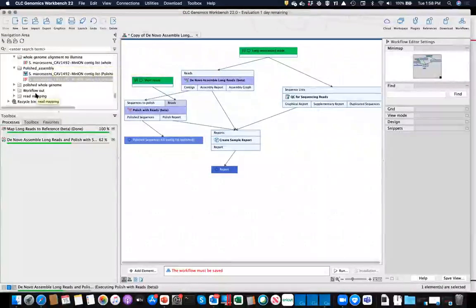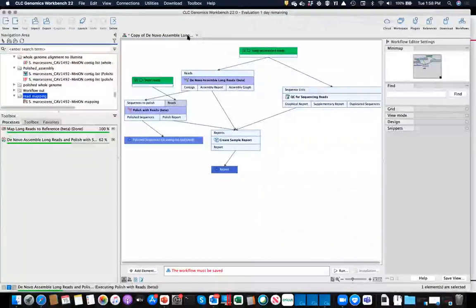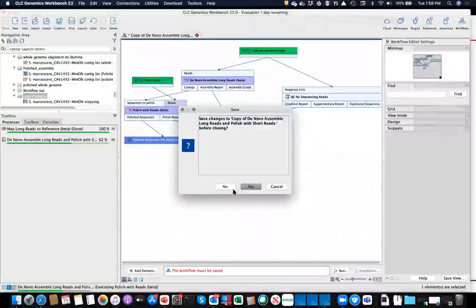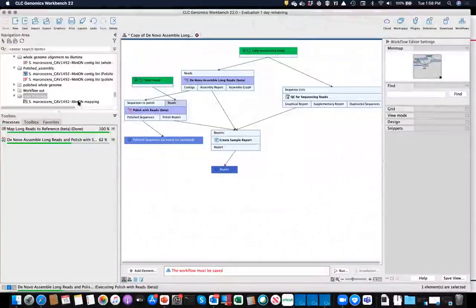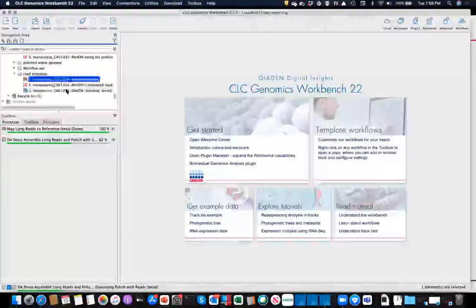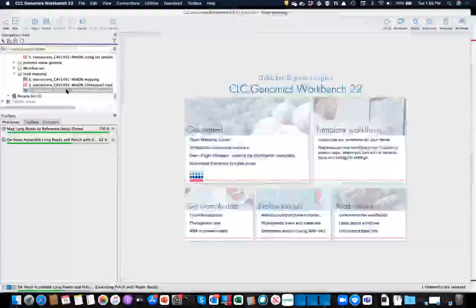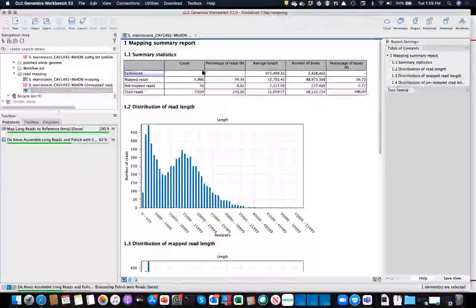So the read mapping is finished. We'll take a quick look at the output from the read mapping. I like to look at the report first, just to get a good sense of, we had 6 references, what was the average length, the number of bases in total, how many reads mapped. We can see that out of the 7,000, I mapped almost all of them, mapped